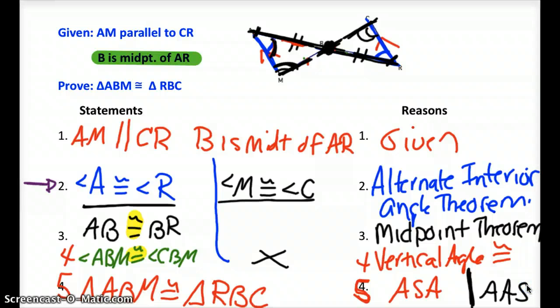Last thing is that all of these steps right here could have been rearranged. They could have been in a different order, and that would have been fine. A couple of things again. We want to write alternate interior angle theorem, midpoint